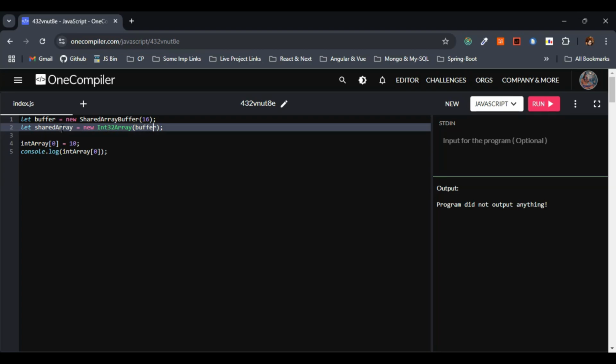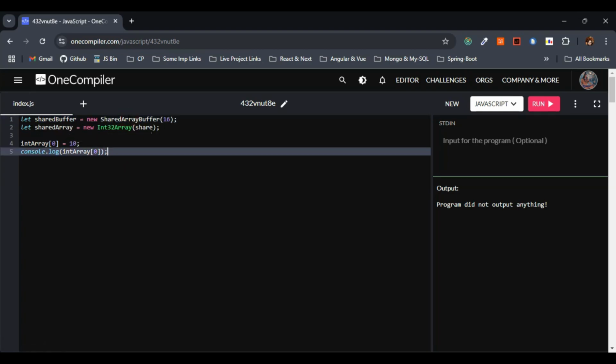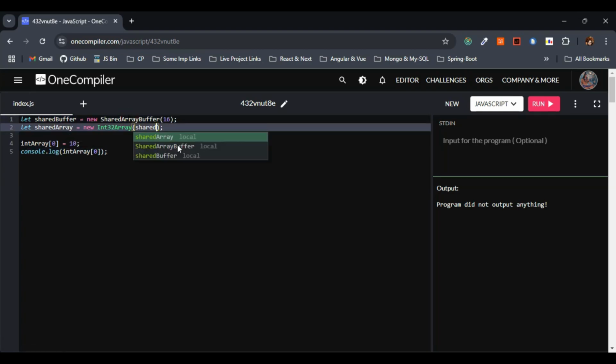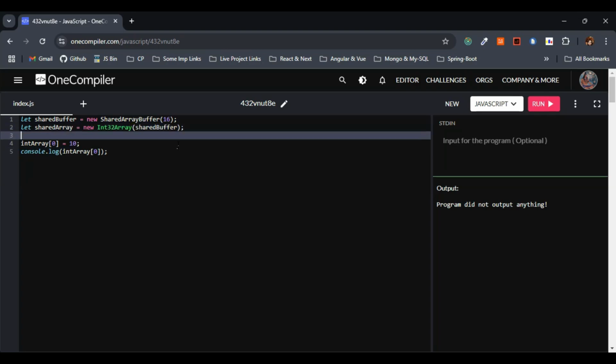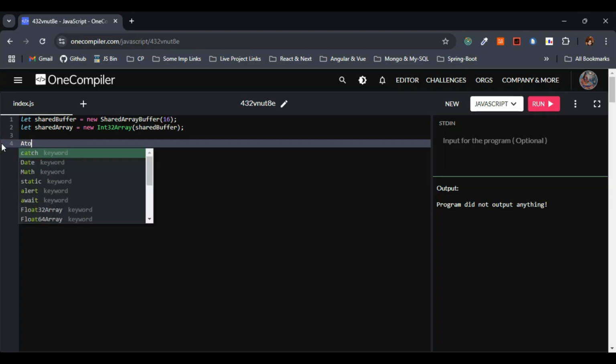Instead of passing the buffer, let's pass the shared buffer here. Let me delete this one and make use of